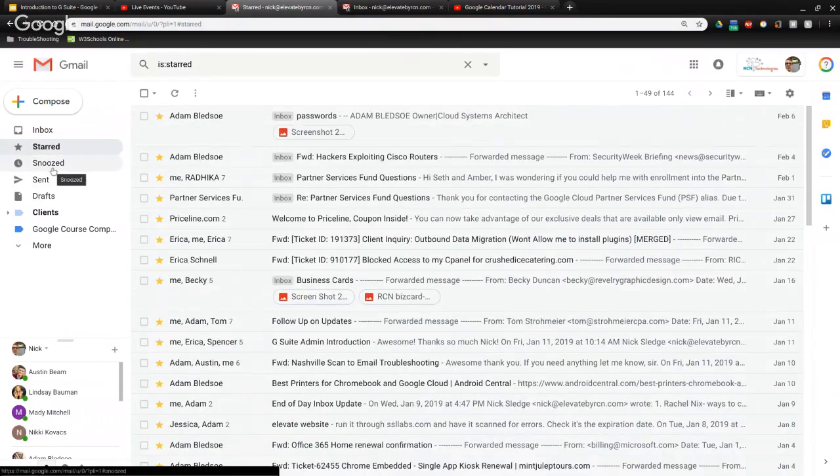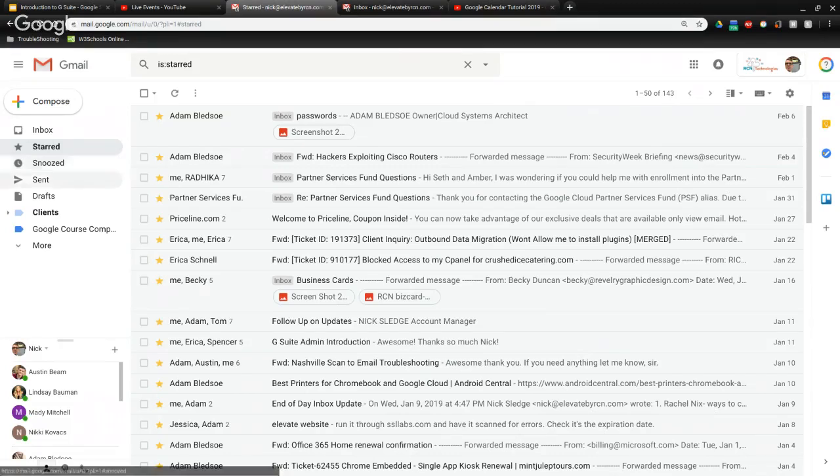Another tab down here is a snooze button. Now you can snooze emails like you snooze your morning alarm. I do that about 3 times every morning, and I assume some of you may be like that as well. So it's a very good feature, and I'll go over that a little bit later. This is all your sent mail